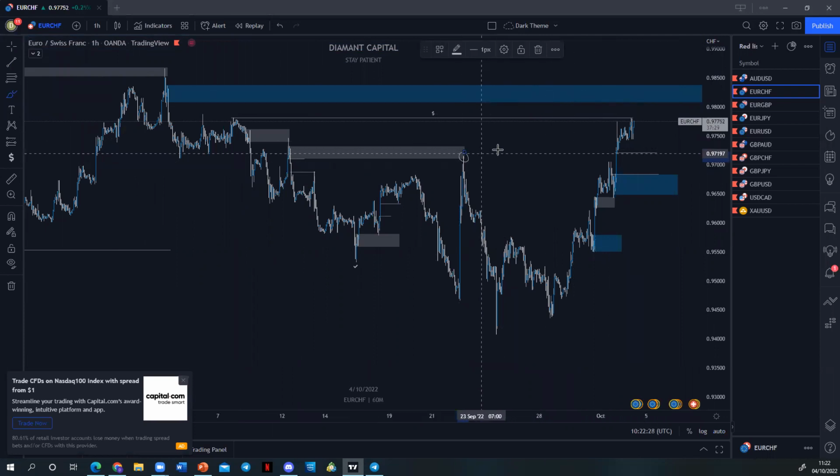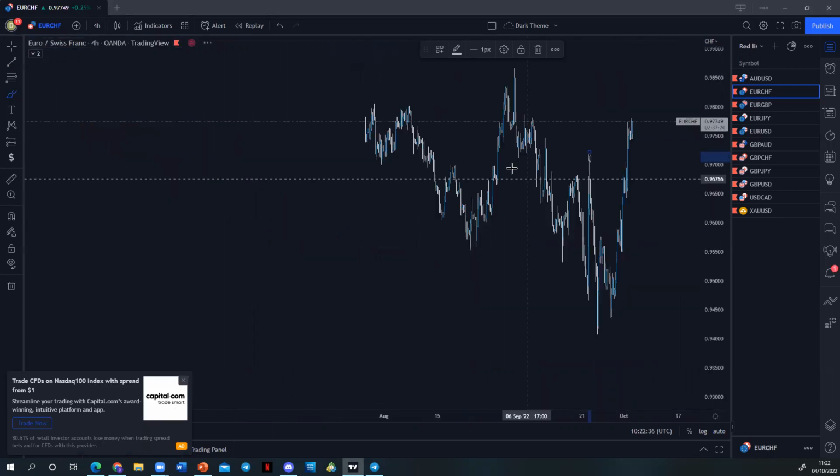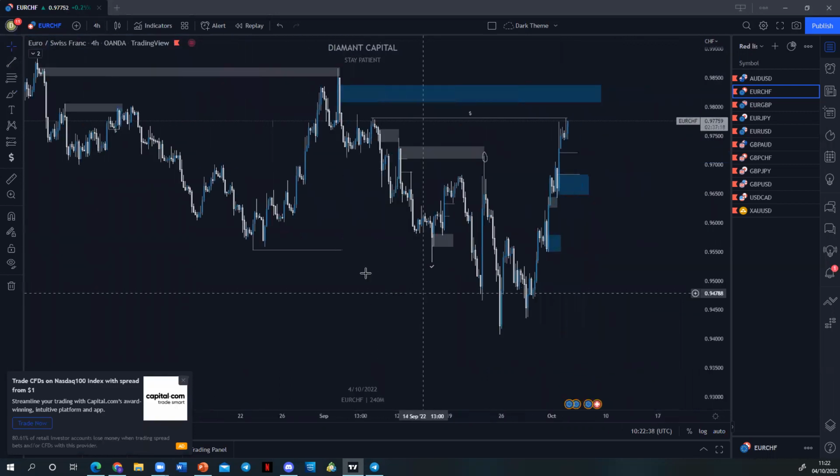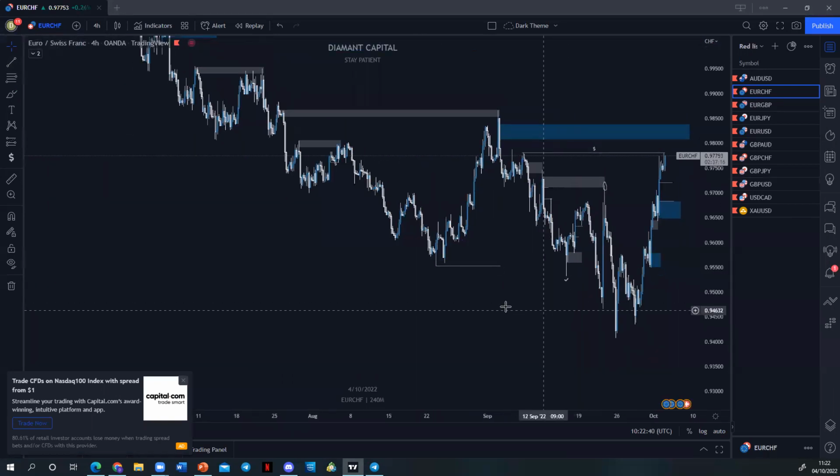Now, because that was broken, we're now starting to have a change of trend on this kind of time frame. Within the higher time frame, this is why you do need to consider different time frames. Within the higher time frame,